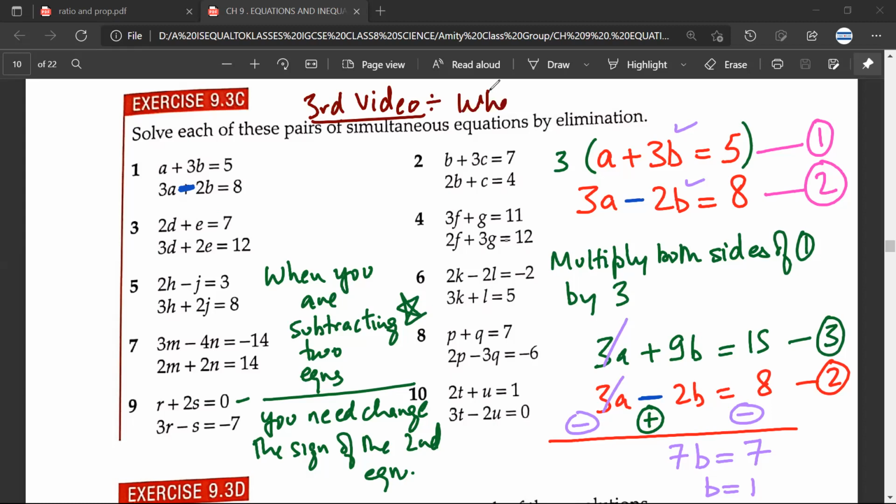When to add or subtract. We'll take a few more examples, so don't worry about it. But the point is, one thing that you need to remember is, I'll explain it again, because initially you'll be a bit confused. There'll be two or three things that you will be confused.